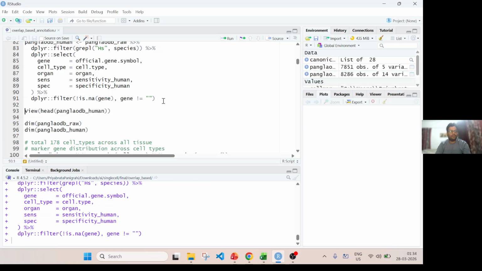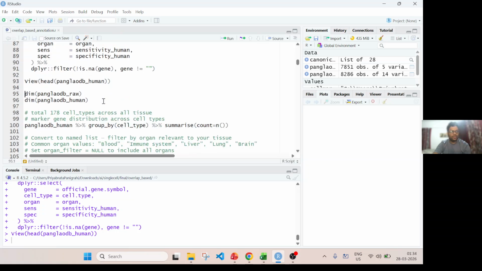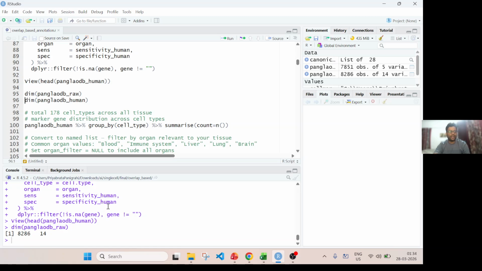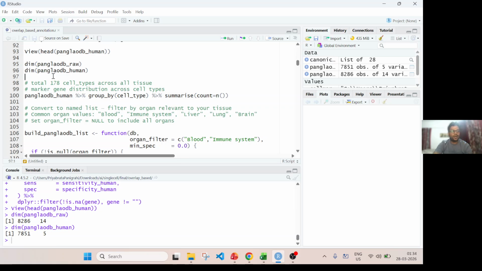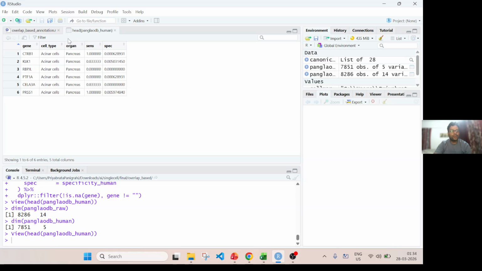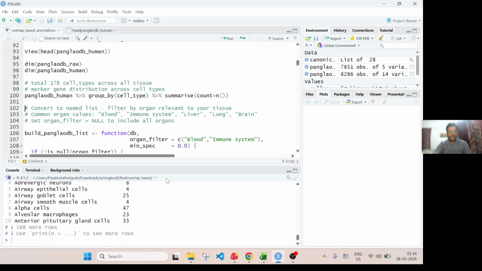After doing that, the data mainly looks like the gene, the cell type, all from human now, the tissue they belong to, and the confidence, specificity and sensitivity. Initially the raw data had around 8286 rows. After removal we now have 7851 marker genes. We can also group by to see how many tissues are covered and how many markers per tissue. So that's what I'm doing here. I'm grouping by this one and doing the summary, and you will see that